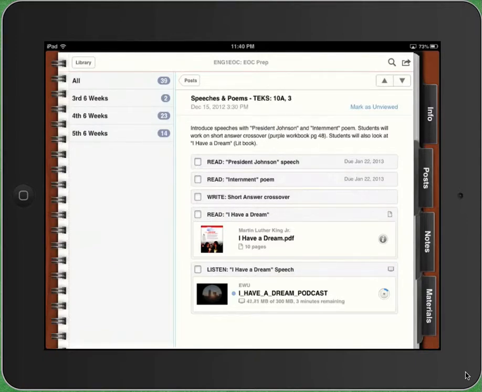While this is still downloading, let me also direct you to another thing that is very helpful. Notice that next to read and write and read and listen, you have those squares. Well, as I finish these things, it would be a good idea for you to then check them off. And so it's like a virtual checklist for you to go, okay, I've taken care of this, this is done,